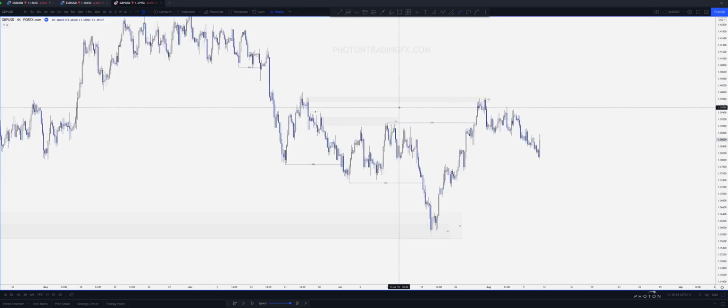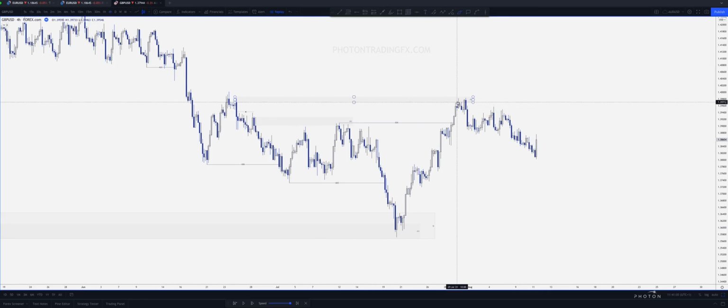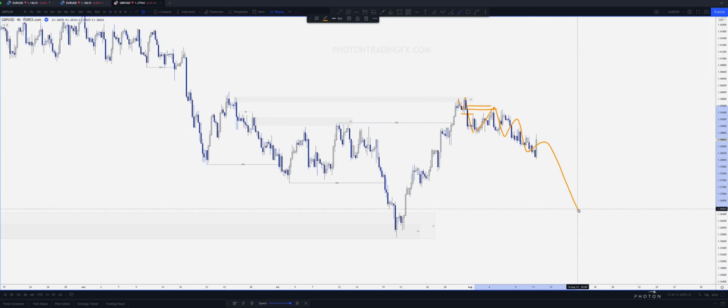We expect the 4-hour pullback. What can help us to define when that 4-hour pullback is likely to start? We get a change of character. What happened? We pull back. We just wicked the high, took the high. That means we have a minor low here. We get our change of character. We pull back up into the supply that caused that, and then we can start playing that pullback right down